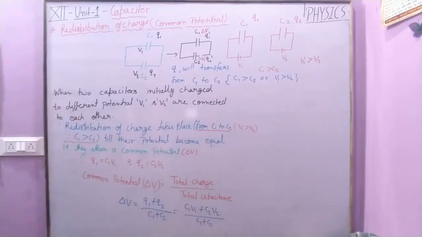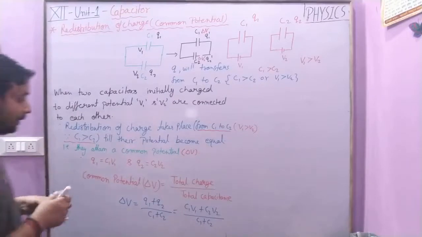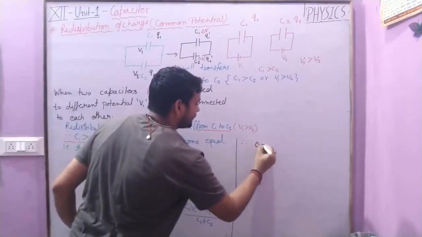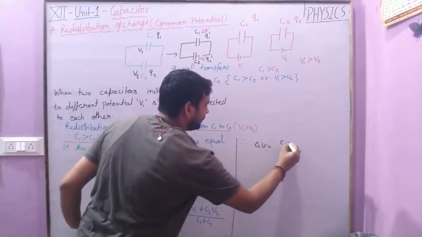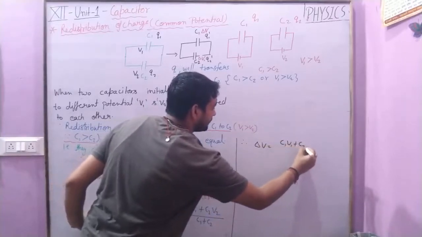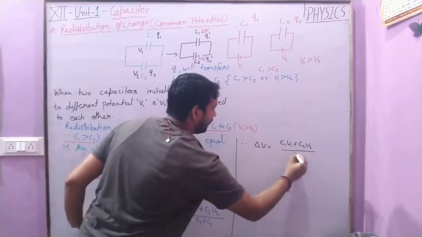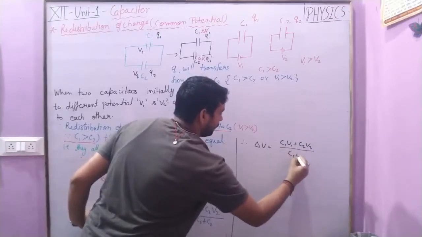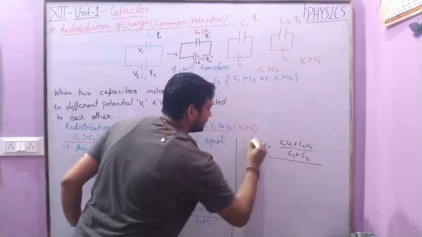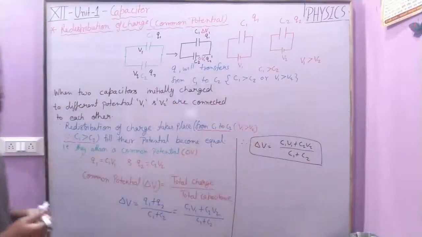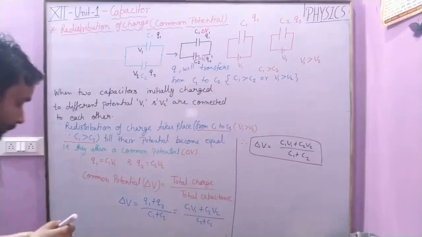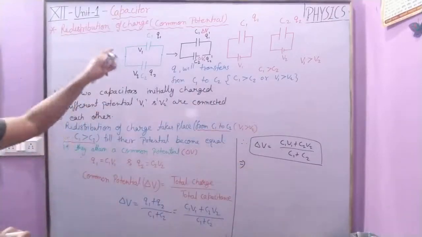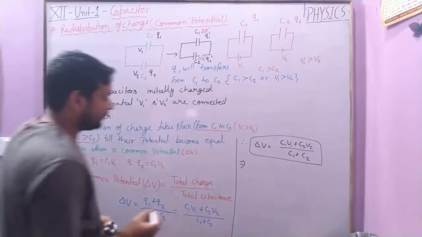So this is the result of common potential: delta V is equal to (C1 V1 plus C2 V2) upon (C1 plus C2). This is the required result for common potential. Now after redistribution